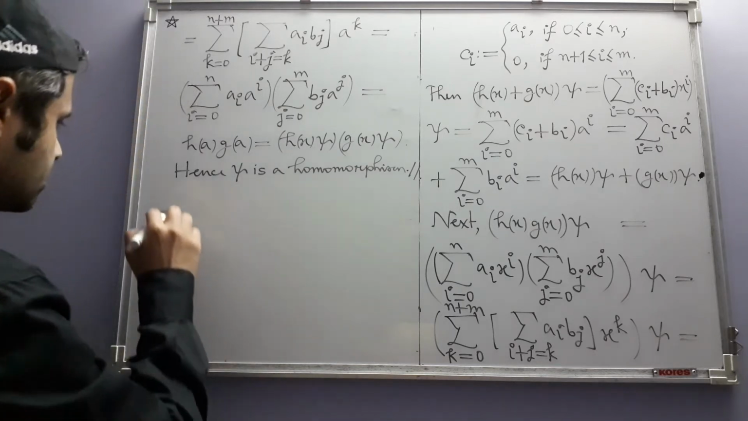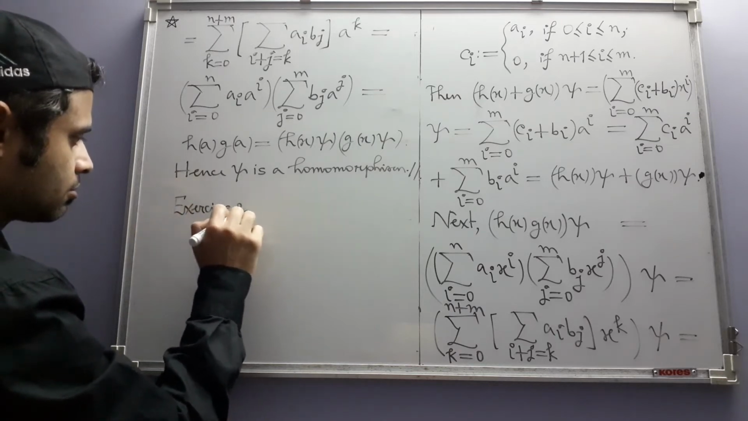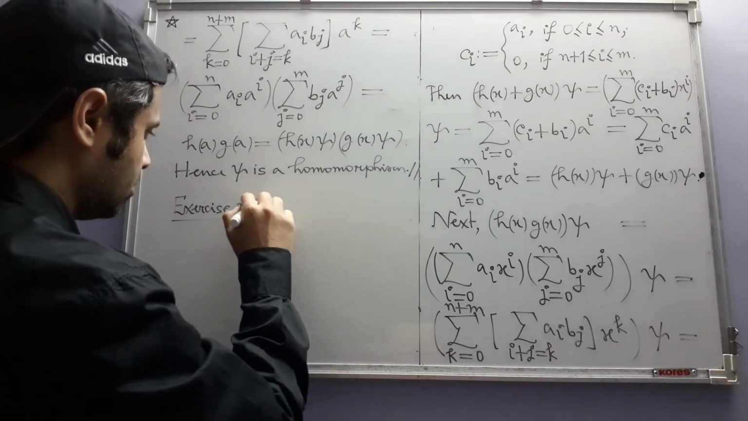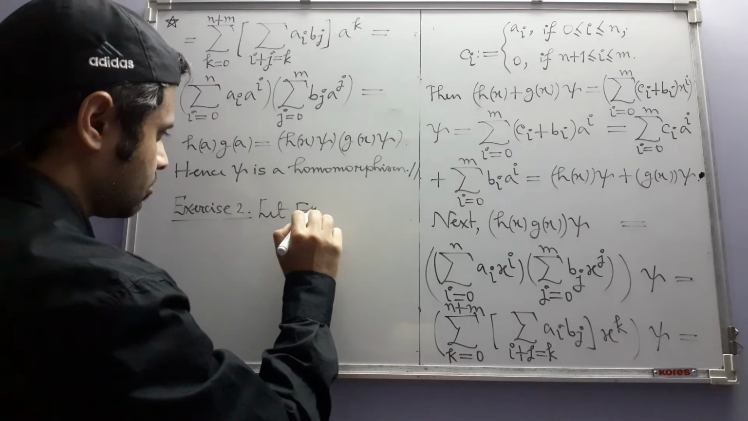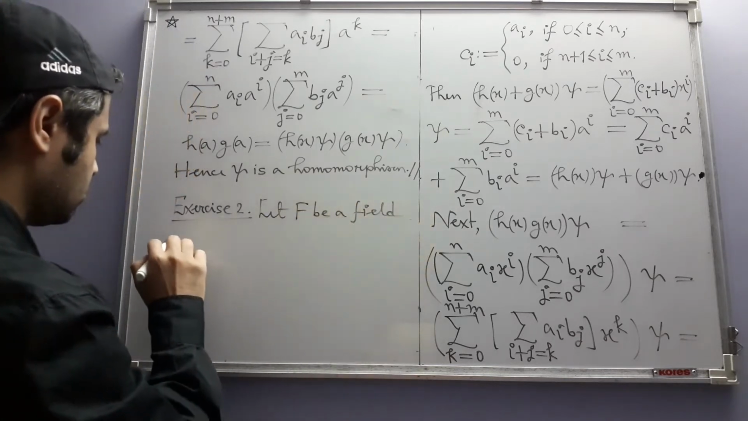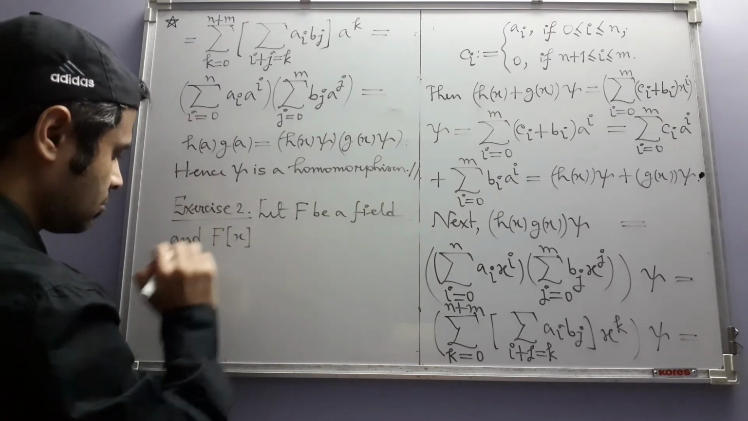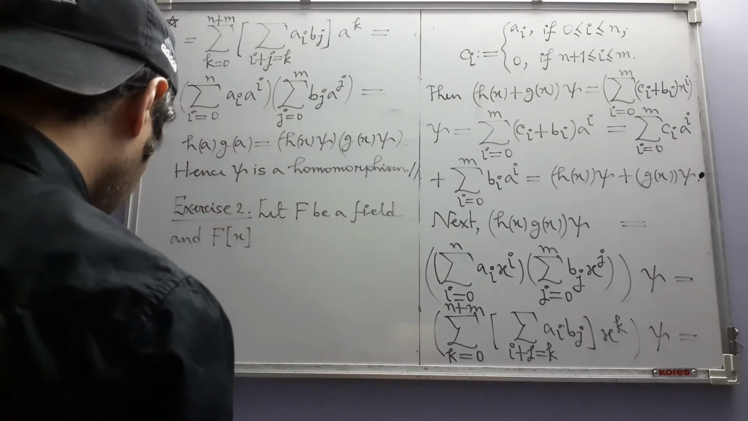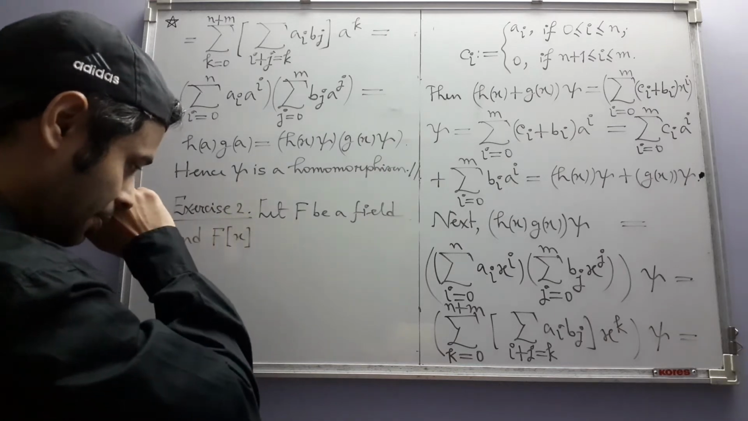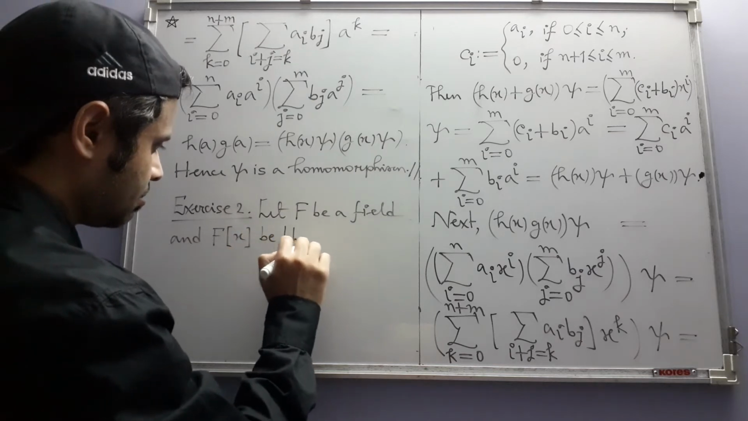Next, exercise 2. Let F be a field and F[x] be the ring of polynomials. Okay, what is the need to say that again? We already know it, no? F[x] be the